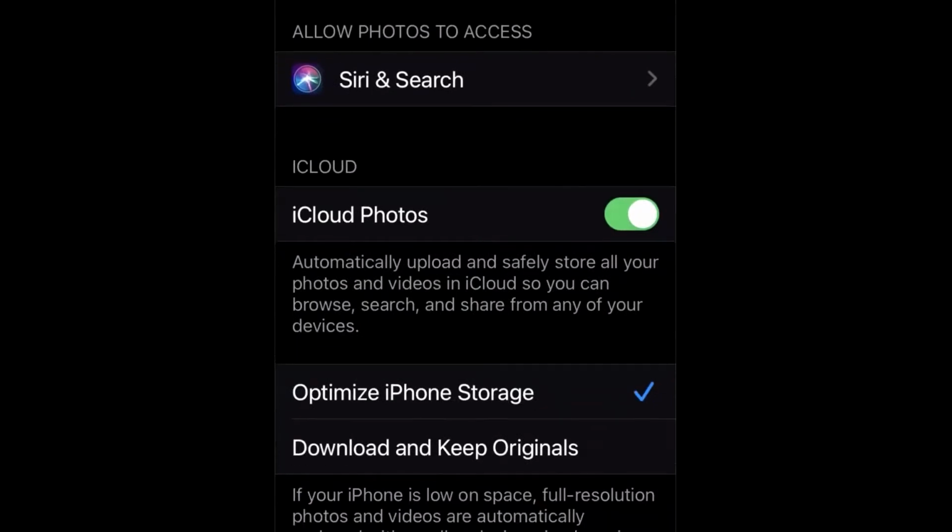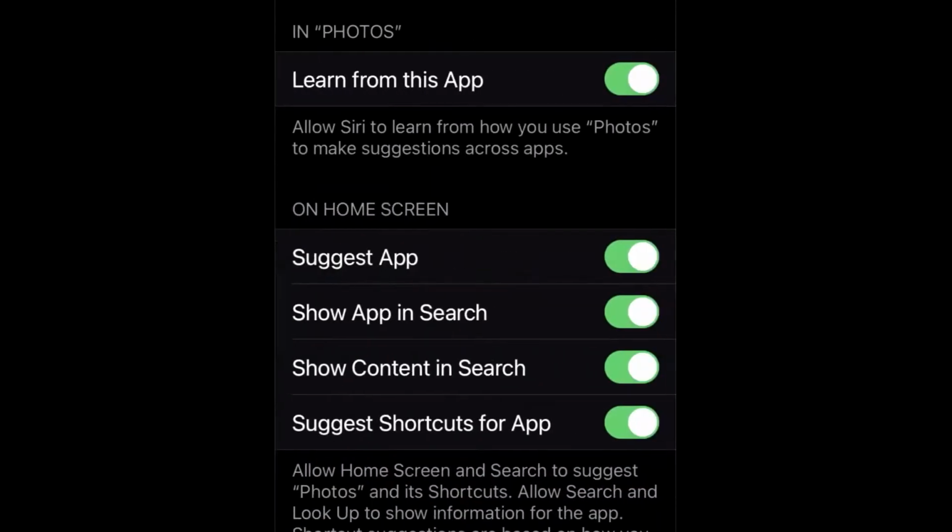The first one is Siri and Search. You can go into here and I have everything turned on. And here's why. If you are like me, I'm meticulous about organizing my photos, labeling photos, identifying people in photos, all of that good stuff. A lot of those features, unfortunately, are not available on iPhone or iOS, to my knowledge. I don't know about iPad for sure, but definitely not in iOS. That's the kind of stuff you would have to do on your Mac in Photos.